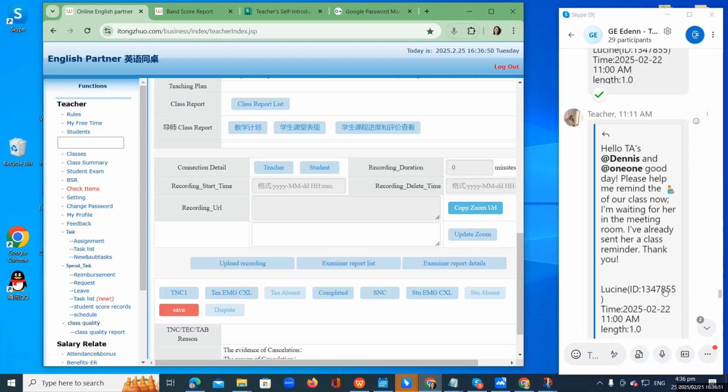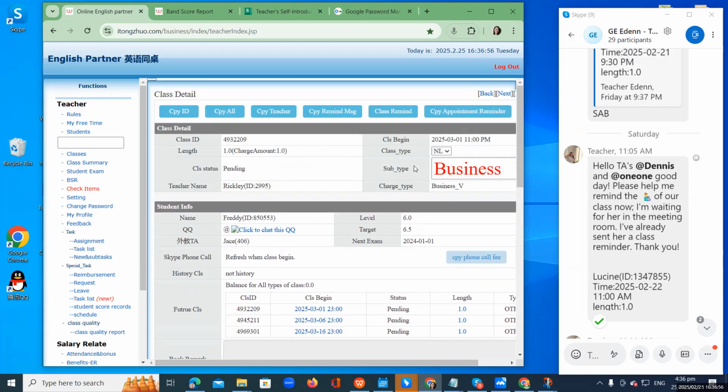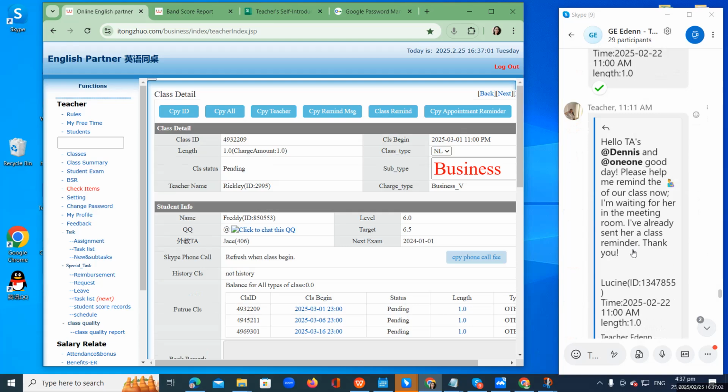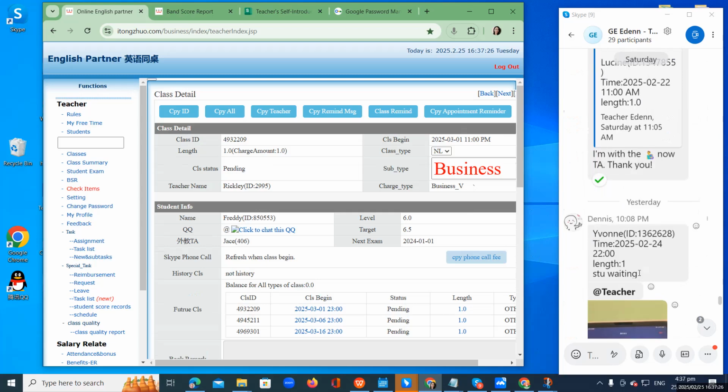But you need to inform TA that first, nag-class remind ka. Pag hindi dumating, wait for 25 minutes and then inform TA. Student did not arrive. If it's ET, sasabihin mo kay TA, please tag SAB. Pero pag NL, you can say, I already waited for 25 minutes, SAB. So, I'll tag it SAB. Ganon. Okay? Claro?